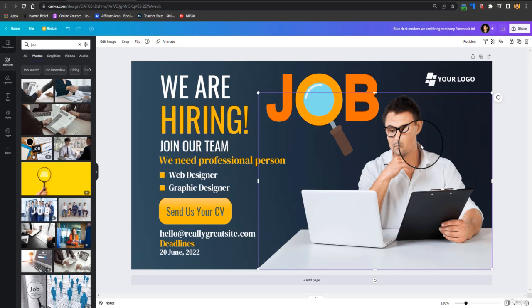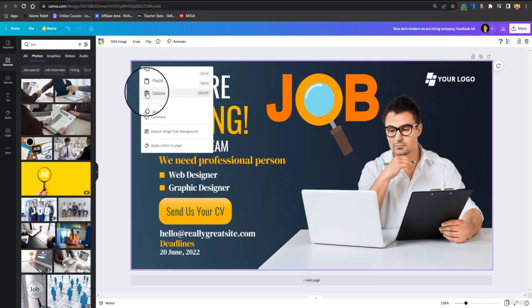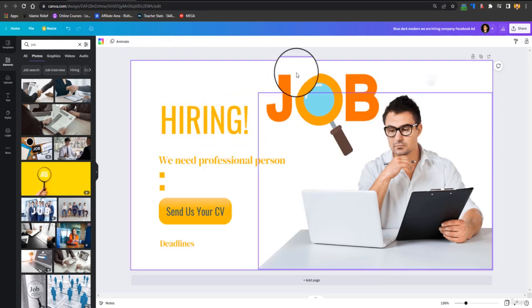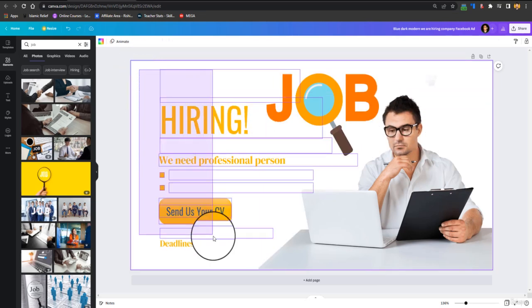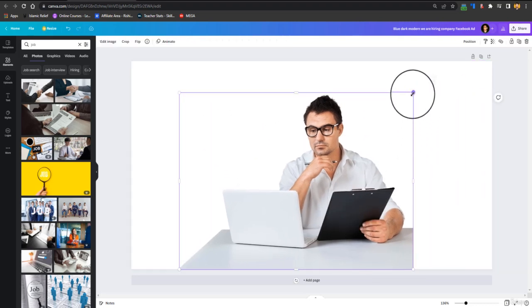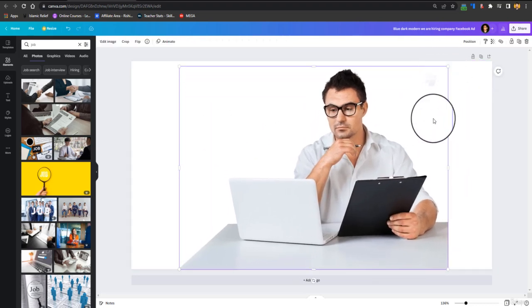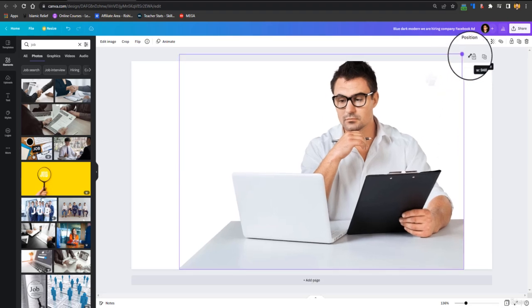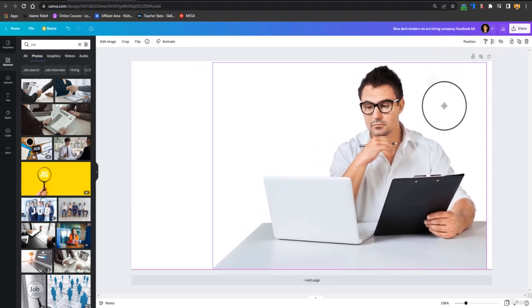Now the second advantage of the Pro version is, let's suppose I have removed that background. Now the background is removed, and let me remove that as well. Now this is a picture. With the free version you cannot export it as a transparent PNG. When you export it, it would have a white background.